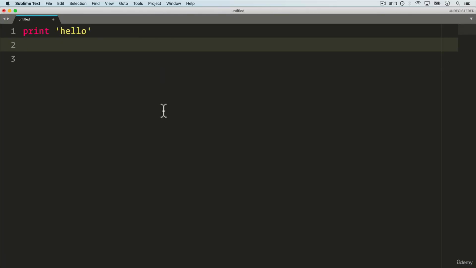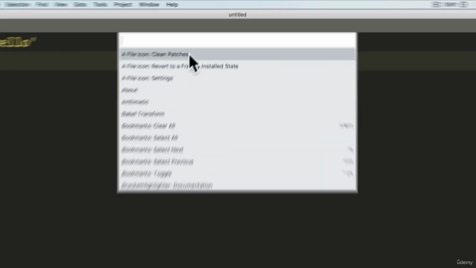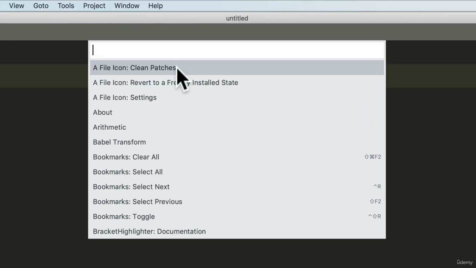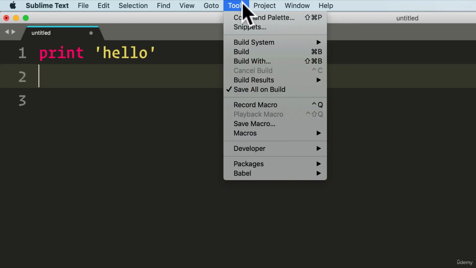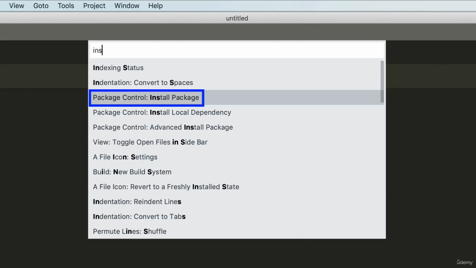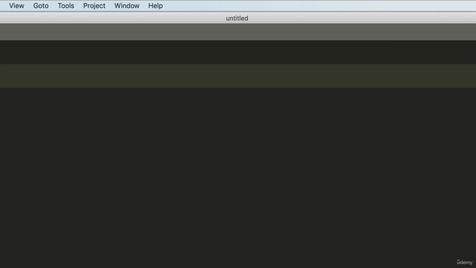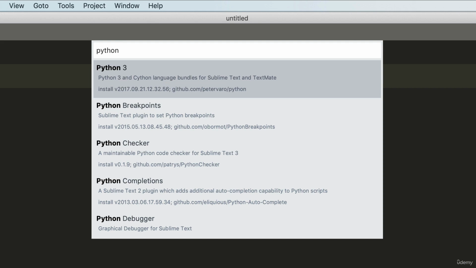On a Mac, it's Command-Shift-P, and you'll get this drop-down menu. On Windows, it'll be Control-Shift-P. But you can also just do it this way by hitting Tools and just hitting Command Palette. And here we're going to say Install Packages. And for installing packages, we're going to say Python 3.